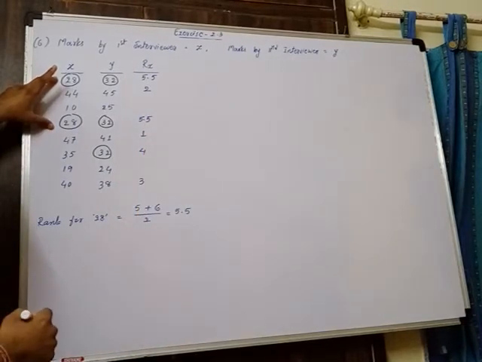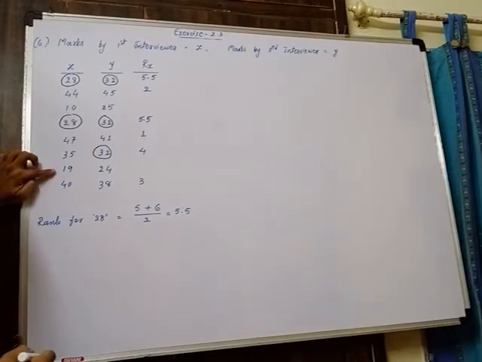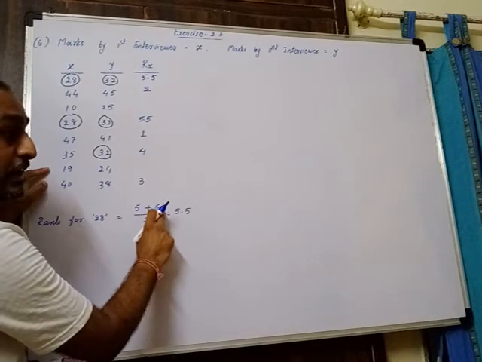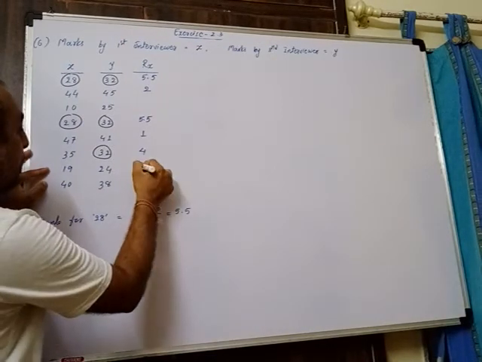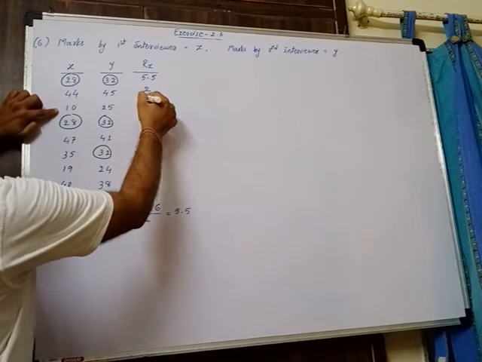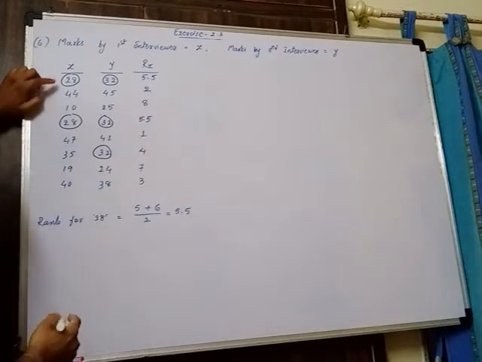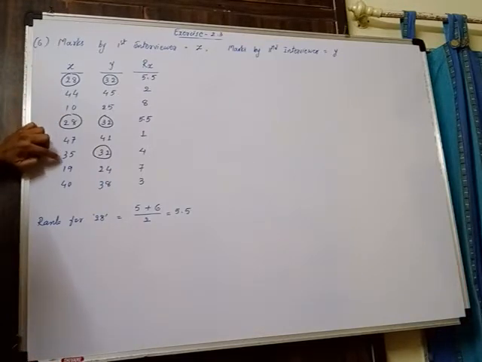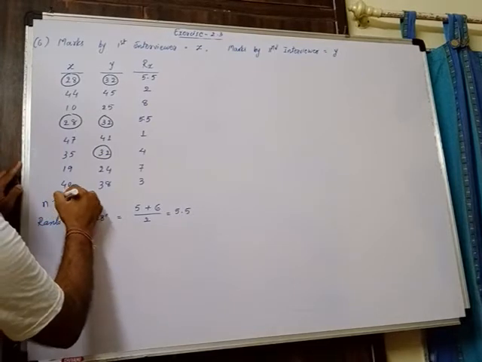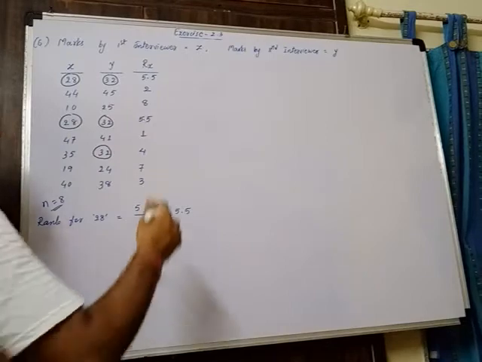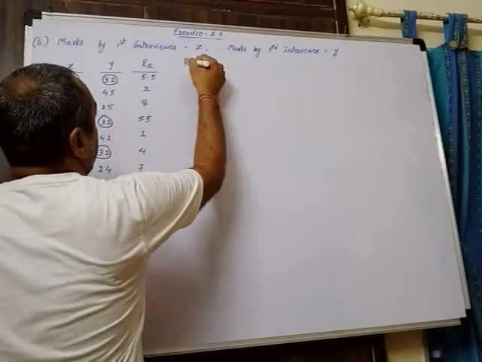After 28, now the next value available is 19, and 19 will be assigned which rank? The next rank after this, which we have utilized over here. So 6th rank was the last, so 19 will be assigned 7th rank, and the last value 10 will be assigned 8th rank. You can see the pairs of observations available 1, 2, 3, 4, 5, 6, 7 and 8. And n is equal to how much available? 8. And last rank also we got how much? 8. Okay.